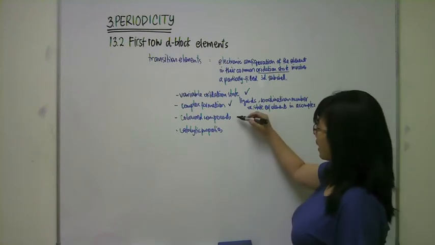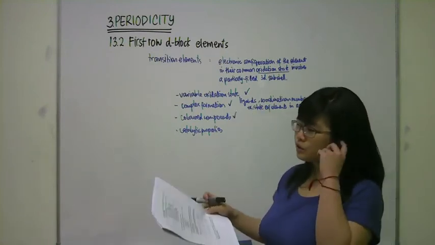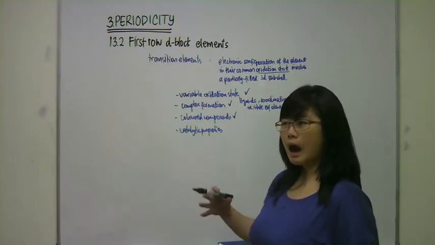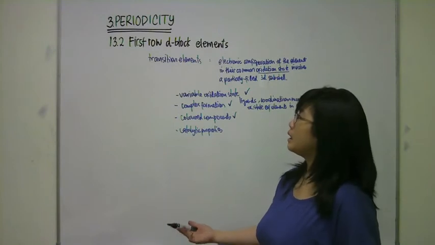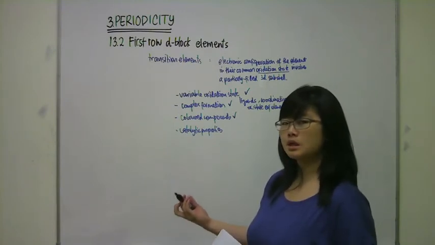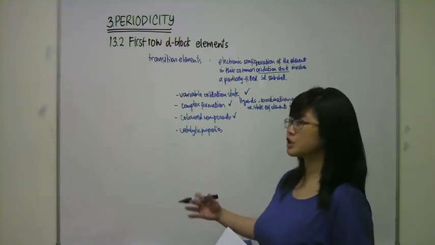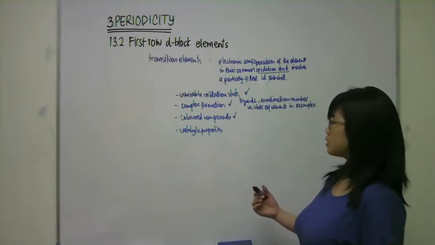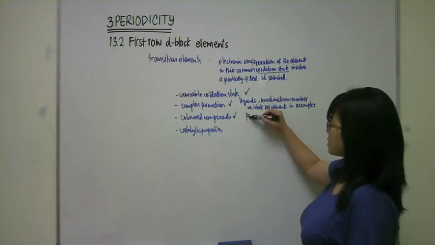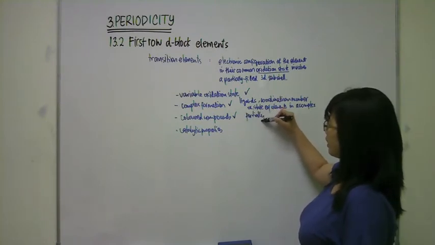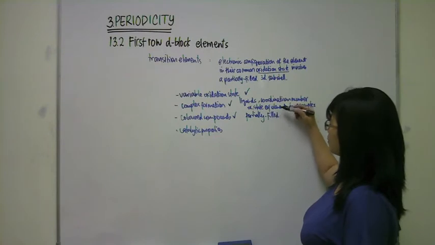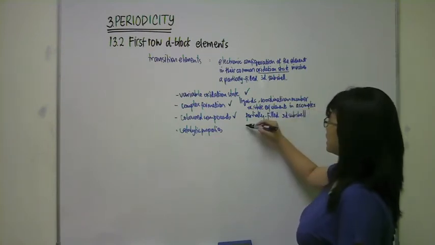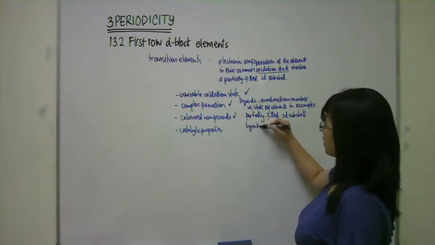And then colored compounds, it used to be the most asked question in this topic. Why do the first row D block elements, why do transition elements form colored compounds? So you need to be able to teach your students how to do that. Okay, some important points will include the partially filled 3D subshell. Okay, and then ligand